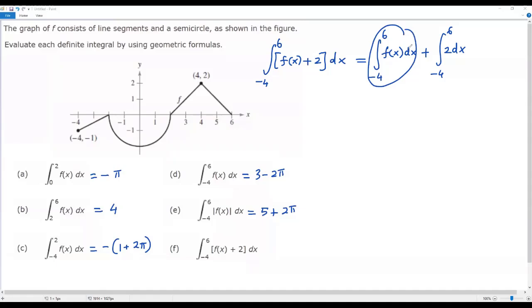We have already evaluated the definite integral from negative 4 to 6 of f of x dx in part D. So its result is 3 minus 2 pi. We can plug in this 3 minus 2 pi for this integral. So then I'm getting 3 minus 2 pi plus